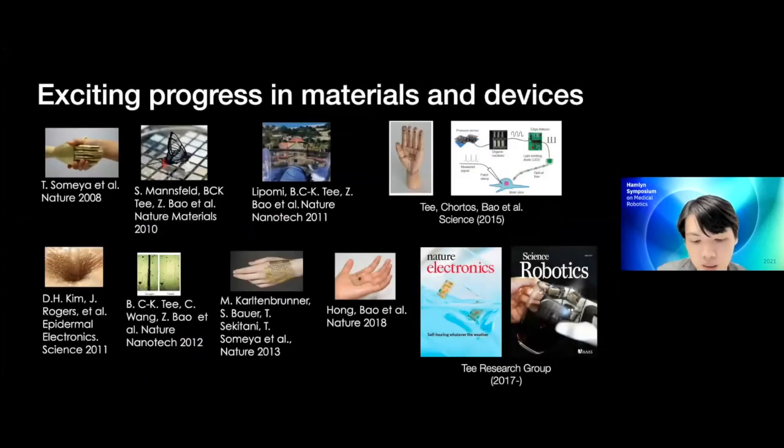So other areas, I mean, many people have really looked at exploring. My group, I started about 2017, end of 2017, and we looked at self-healing materials as well as mimicking nervous systems, which I'll talk a little bit about today. I'll talk about self-healing a bit more, but mimicking the human nervous system is also a big area to make